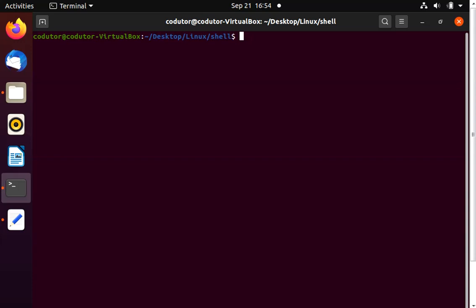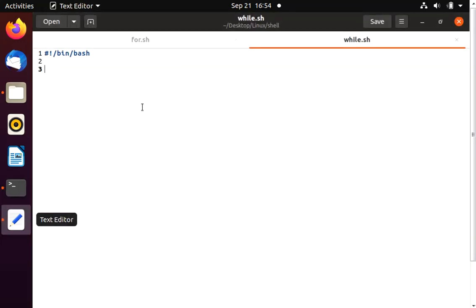While loop is also similar to the for loop, which iterates n number of times until the condition is true. The difference between for loop and while loop is that the iterator is incremented internally in the for loop, while in the while loop you need to increment the iterator explicitly. So let's see the syntax, and we will again write the code for the multiplication table using the while loop, and we will see how we can use this while loop. So first we will see the syntax.